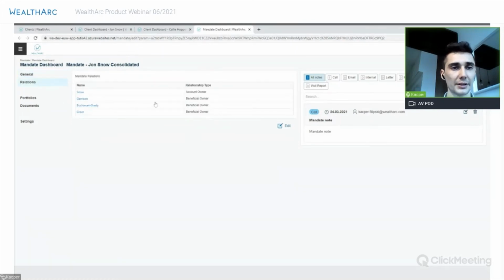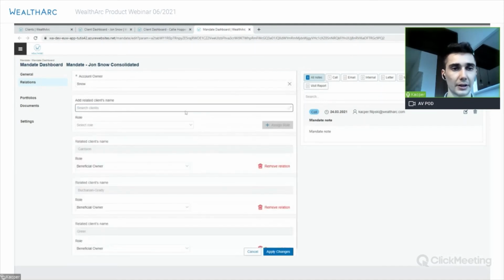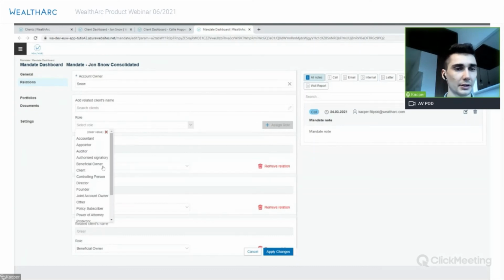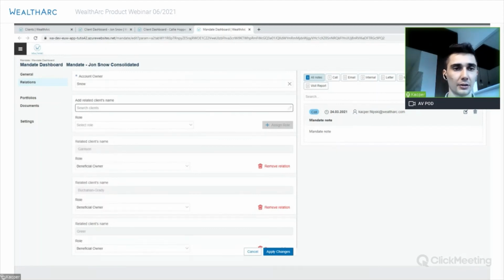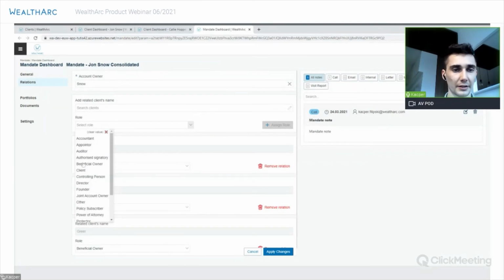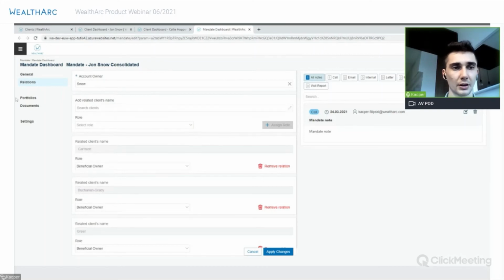So if I go to the relations, I can see who is the account owner and who is the beneficial owner of this particular account. There are a lot of different roles that you can assign to build more complex legal structures. So this is a really comprehensive tool to do that, and we'll also be sharing some additional manual on that, so you can go through it by yourself once the new system is released.